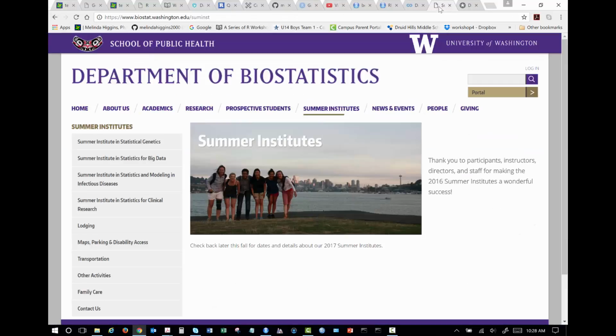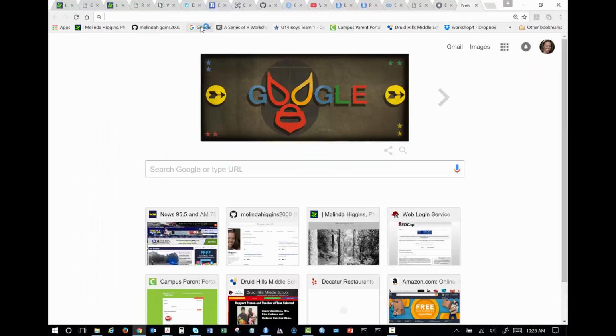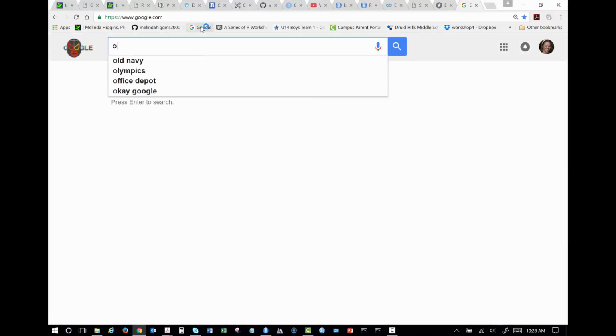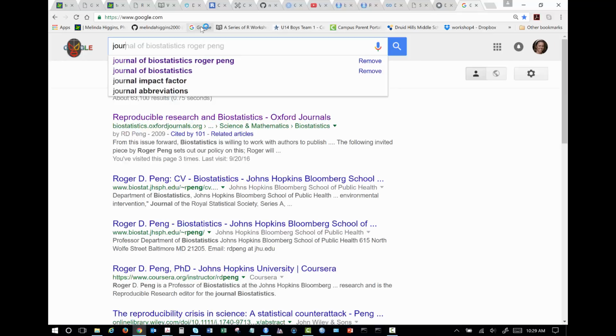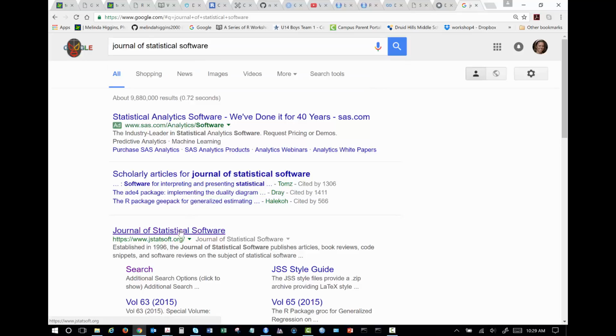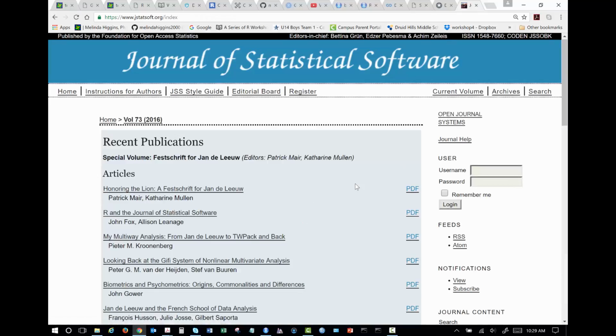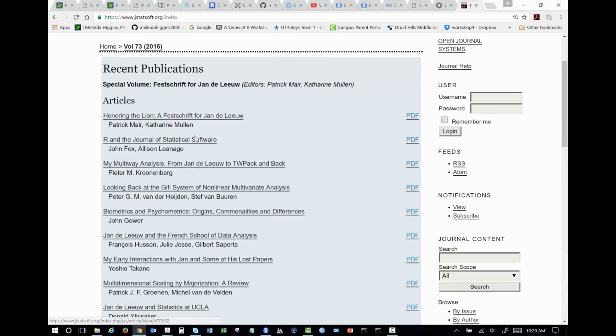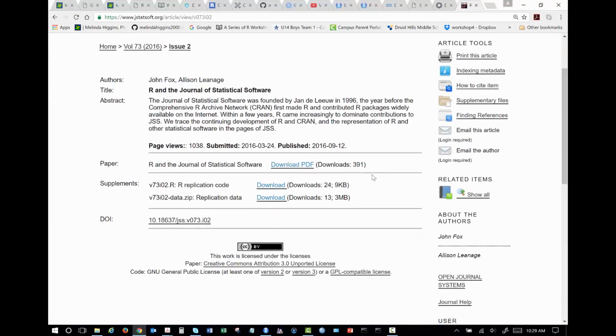Journal of Statistical Software. Let's see, I'll just bring it up real quick. So this is one, and they sort of jumped on board. So if you grab one of these articles and look at them, the nice thing is they actually have the R code and everything. So this is designed to be a little bit like the Journal of Biostatistics. But when you look at their paper,